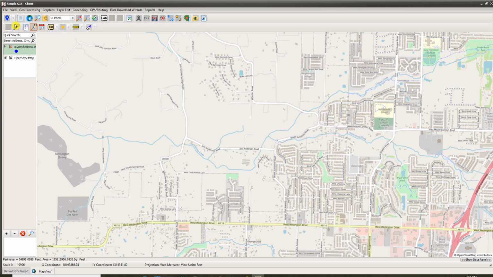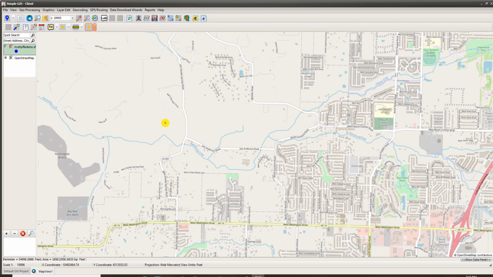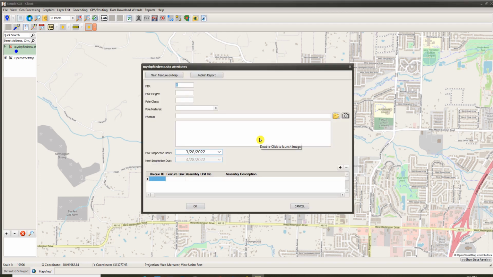And now the edit feature tool drop down list is located here on the second row of tool buttons, all the way at the end. If I click on this drop down arrow, one of the options I have is called add point feature. Since this is a point shapefile, that's what I would need to select to add a new feature. And if I select that and then click on a location on the map to add the point, this is what I wanted to show you. What you have now is the